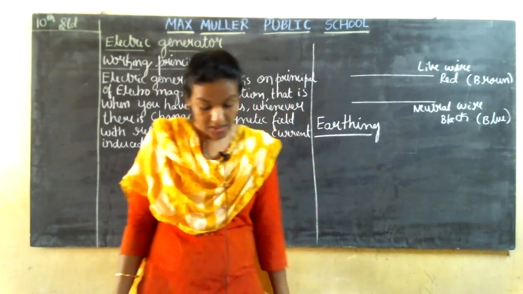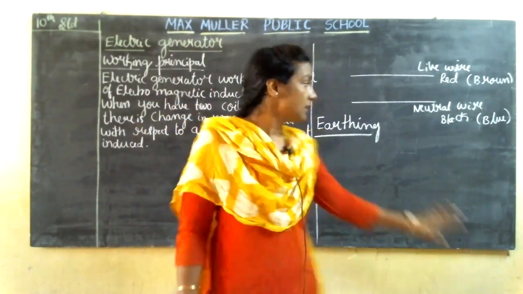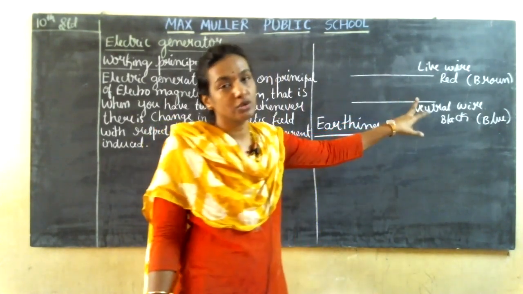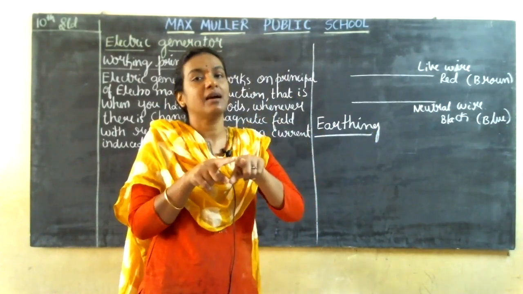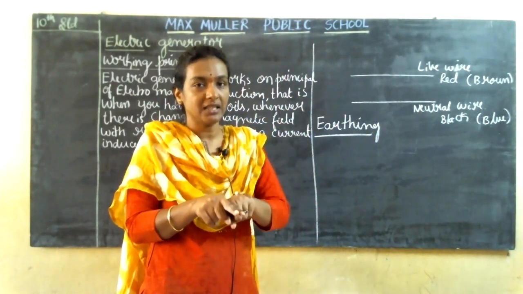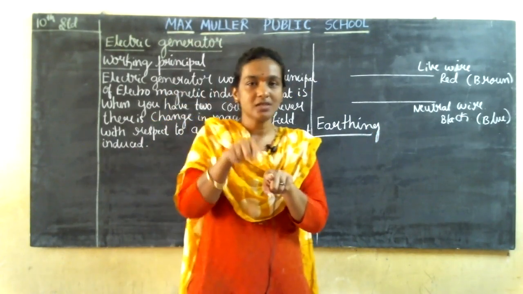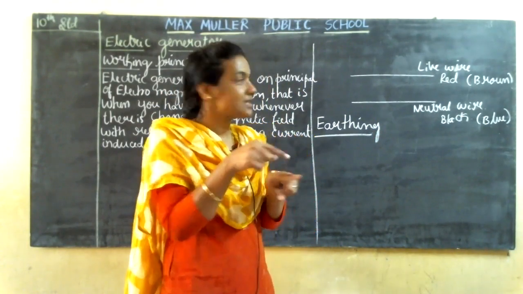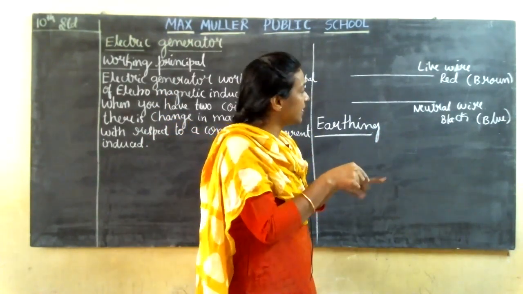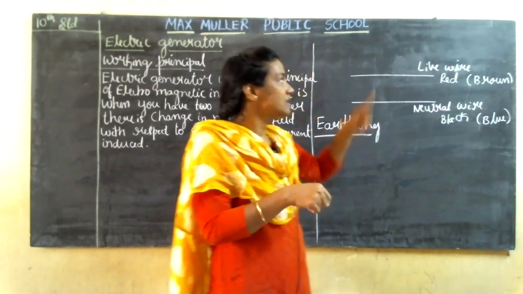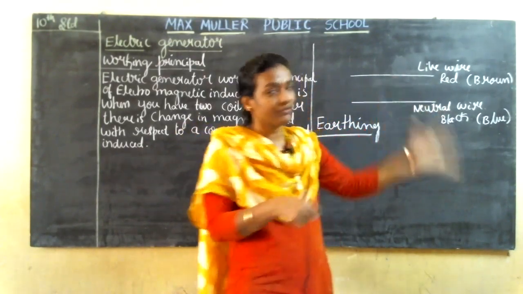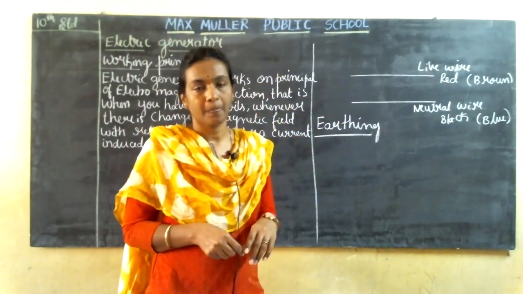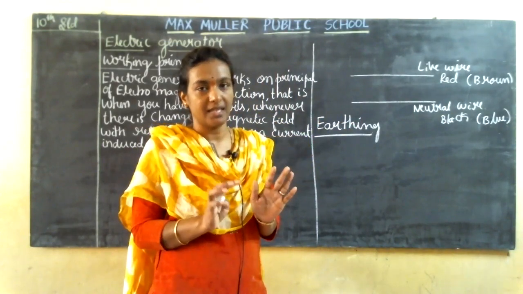Domestic electric circuits. So what did we learn from this topic? You will have two wires so that you can complete one circuit and pass the current. One is going out from the house, another is coming into your house from outside. The wire going out is called the live wire, and the other one is the neutral wire. The colors were red and black before. Now it is changed to brown and blue. And you must have a complete circuit there.